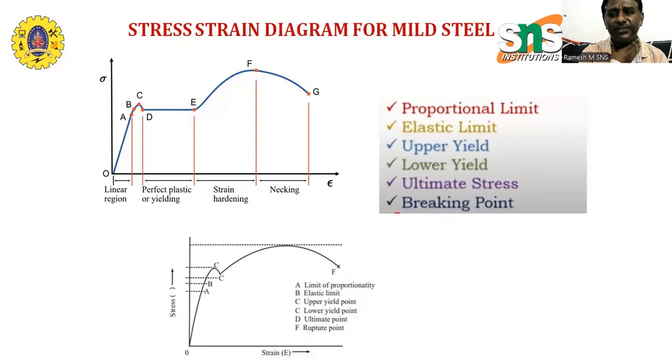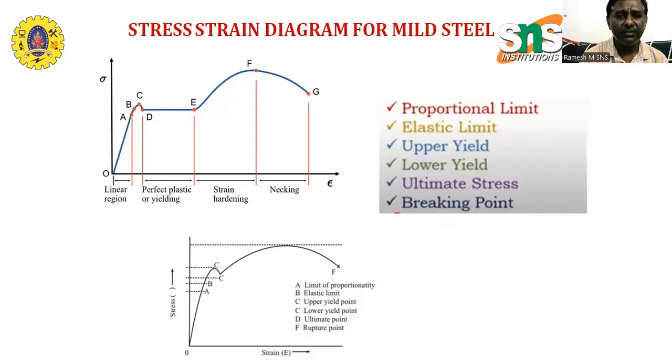From the dimension point of view, there is a reduction in the area, or diameter-wise, the diameter will be reduced here. So with the reduction in the cross-sectional area, we should know what happens to the stress. As we know, stress is equal to force per cross-sectional area, so area is in the denominator. When you apply the value, less area here because of the reduction in the throat, that is necking,